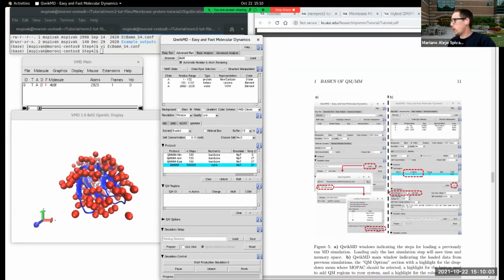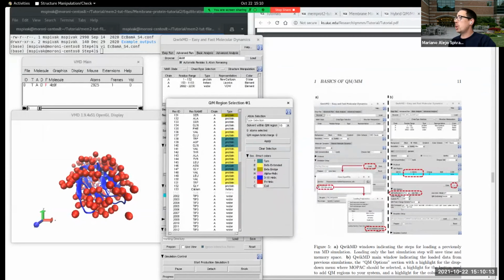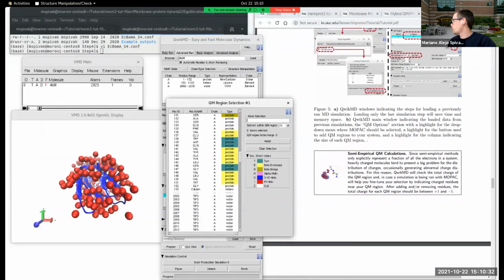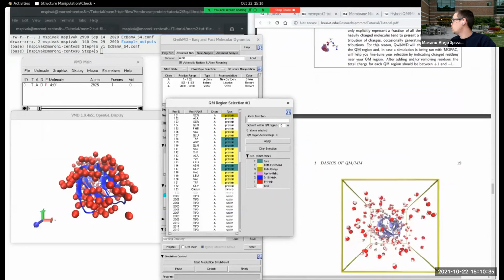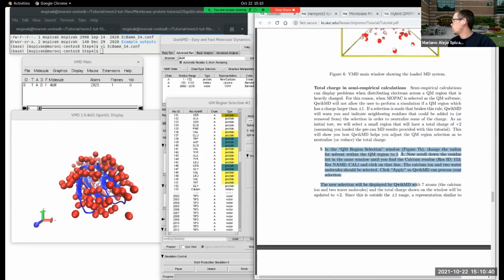So you click here on plus, and you add one region, and then you can edit it. This menu pops up, and you can select any residue that you want in the QM, or if you type the atom selection here, you can use any selection given by VMD language. Okay, so in this case, let's see what the region is. Here in the QM region selection,